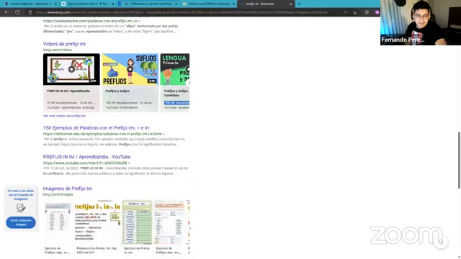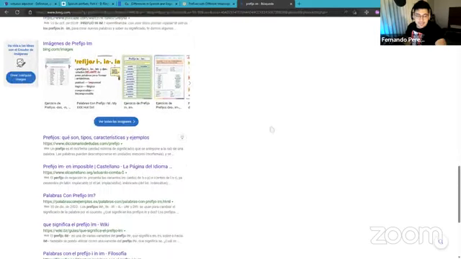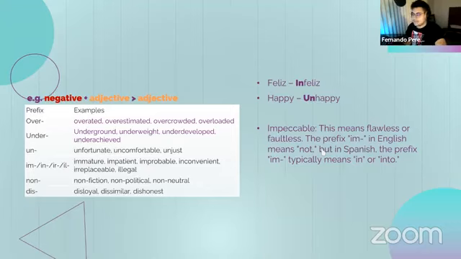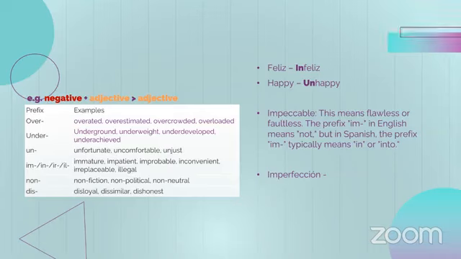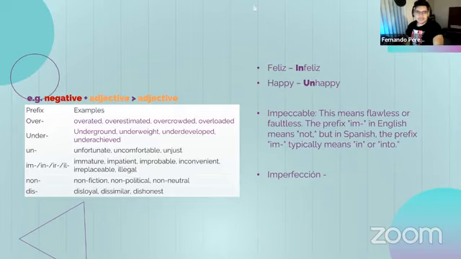Imperfection. Yeah, that can be an interesting one. In Spanish, for example, in imperfection, because of the Spanish logic, I don't know if you remember that, but in school they taught me that when you have an M, you always need a P, and vice versa. If you have a P, you need an M. Do you remember that in Spanish? Well, they told me that because many high schoolers would say imperfection with N,